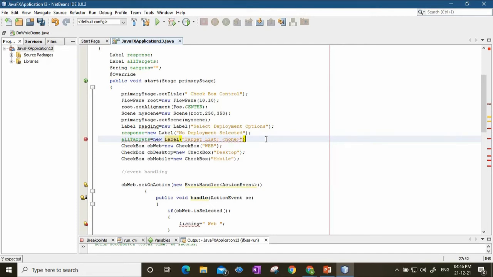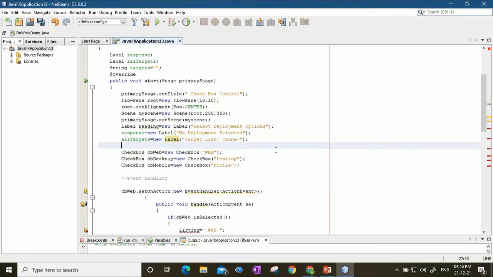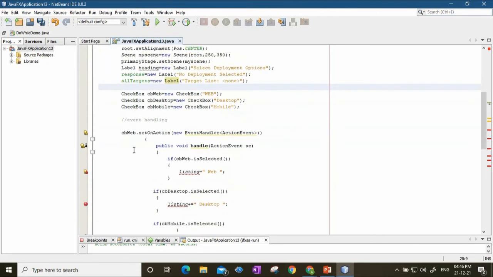What is this target list? As we check different checkboxes, based on what we have checked, the target list will be populated. Then I have created 3 controls.